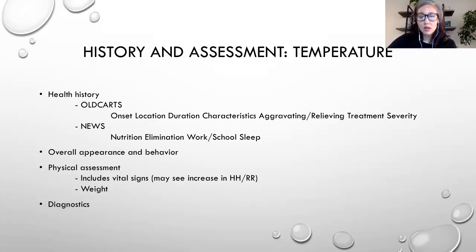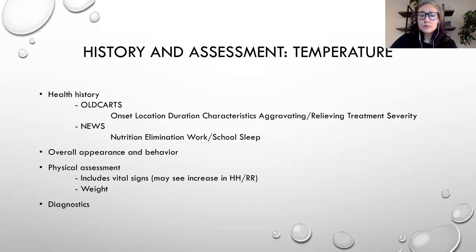OLD CARTS would be onset, location, duration, the characteristics of whatever that would be, aggravating or relieving factors, what treatment they've tried at home, and the severity, like how bad is it? Are we unable to get out of bed? Are we unable to keep any water down? Those are all things that we want to ask and pay attention to. And we will go through that with an example